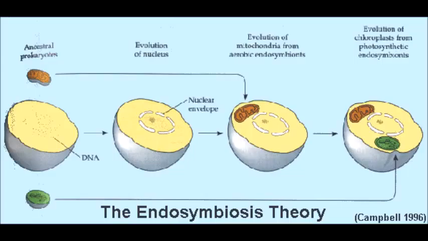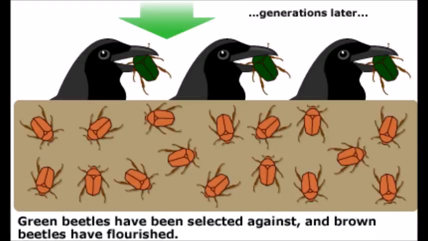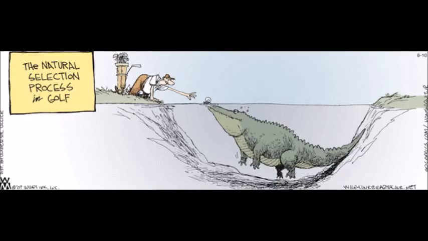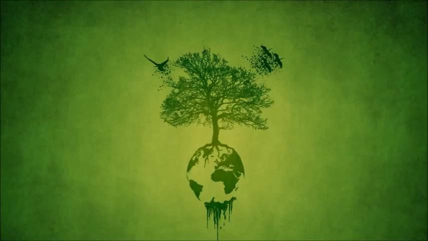And after this was natural selection, which is a few photos here. As you can see now, is the process of the green beetles being chosen over the brown, leaving only the brown after a while. And through processes like this, and here's a little joke comment, through natural selection we have evolved to the life that we see today, of all the species, of all the plants, animals, everything we see is products of evolution and natural selection. Anyways, I hope this helped you understand where we came from.